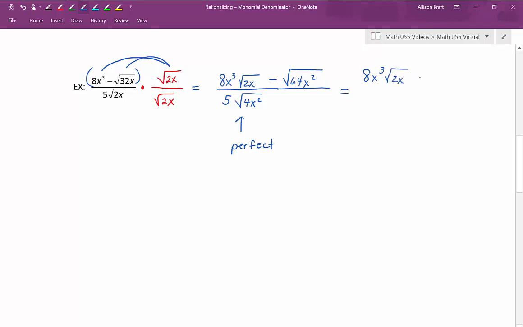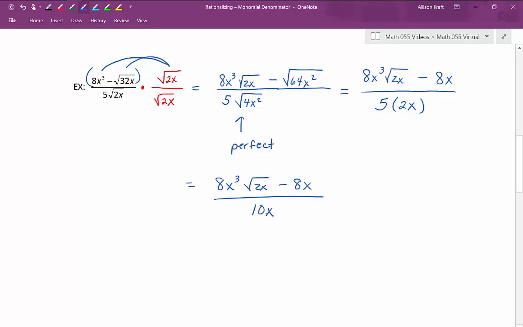The square root of 64 is 8. The square root of x squared is x. And then in the denominator, we're going to have 5 times... We already know that the square root of 4x squared is a perfect square. We designed it to be. Square root of 4 is 2. Square root of x squared is x. So that's 8x to the third square root of 2x minus 8x over